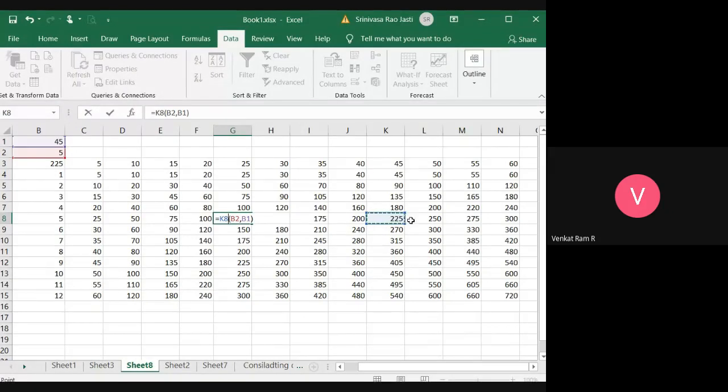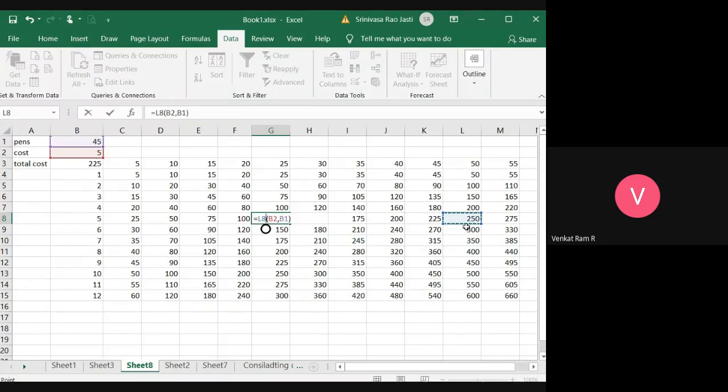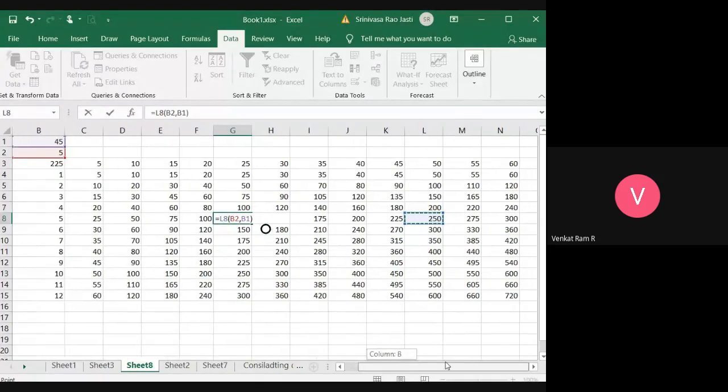And 50 pens you want, at 5 rupees, 50 into 5. So it will calculate the summary. The summary of the table you can see. Okay, similarly interest also you can see. Previously we have calculated interest, right? For that we can take some amounts and we can calculate for how many months. I will show that also.